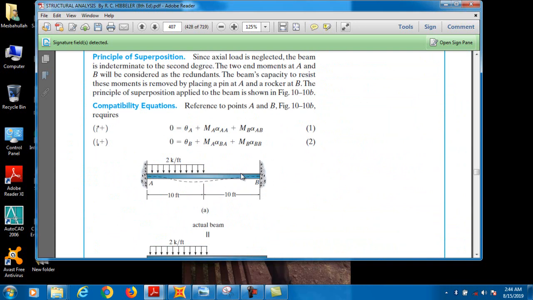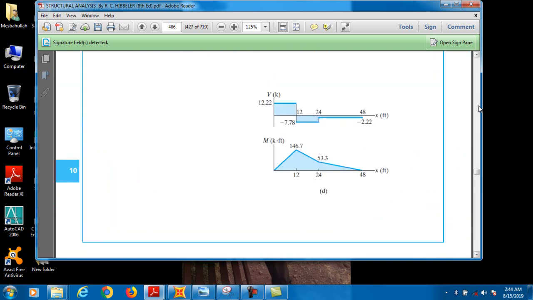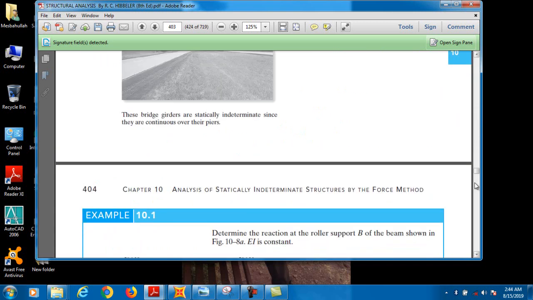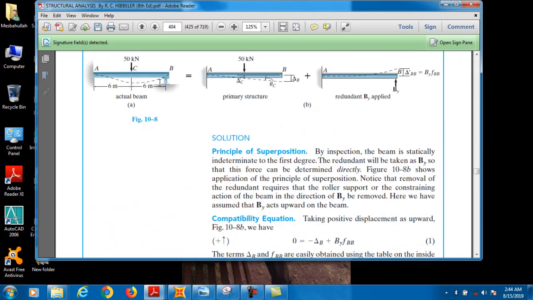So this beam is statically indeterminate. And the first beam which we analyzed is 1-degree indeterminate. This reaction is extra, which in structural language is a redundant. So this beam has 1 redundant, or you can say it is 1-degree statically indeterminate, while the fixed beam is